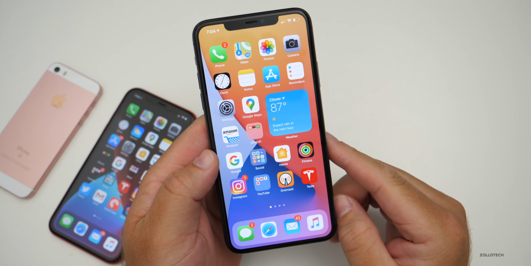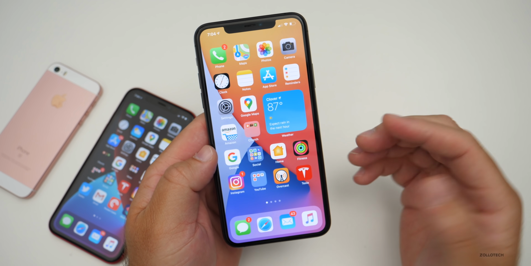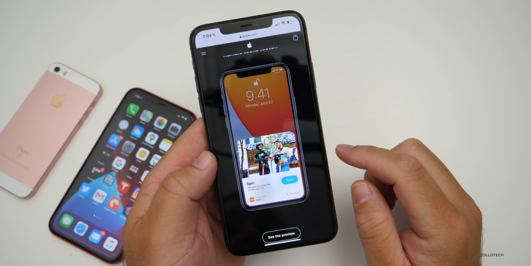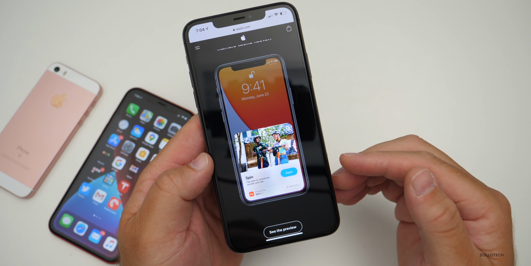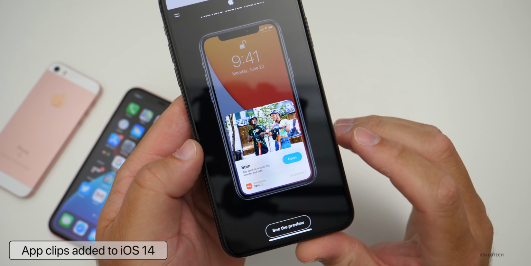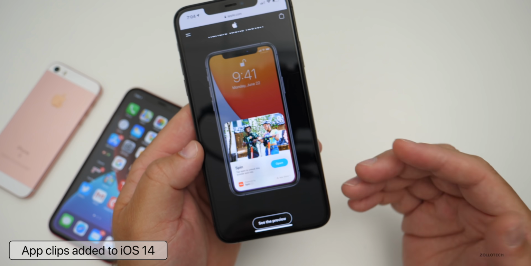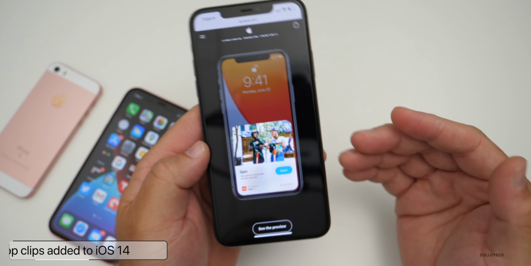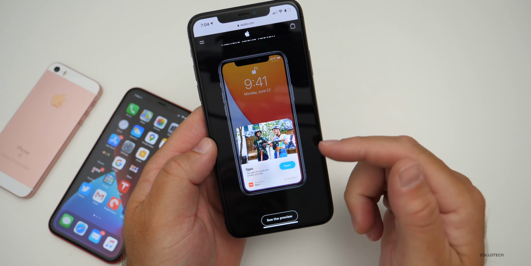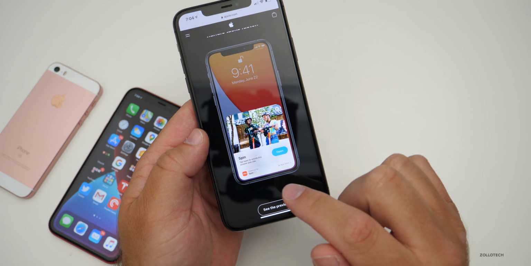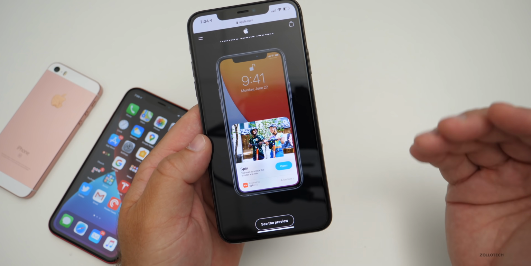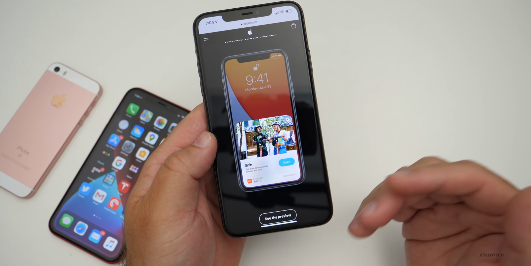Now, Apple's updated the App Store with something called App Clips, and these app clips will be available later on for different apps, and you don't have to have the app installed. So here's Apple's example. So maybe you want to rent a scooter and you don't have the app for that scooter installed. You can tap an NFC tag or scan a new QR code, and then it will bring up this little app clip. You'll be able to pay for the scooter right here and be done with it altogether, or you can install the app.